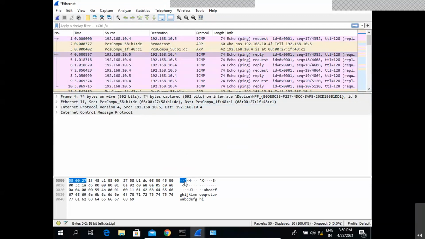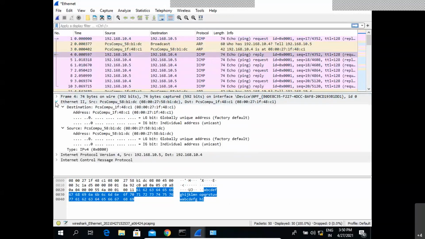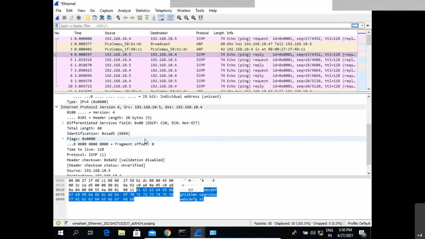So now in this reply also, we can see in the second section. Now in the first, I'm able to ping the IP address, I'm getting the reply. Now this reply again has to include the IP layer, because using the network layer only, I'm trying to find out whether this system is available or not.